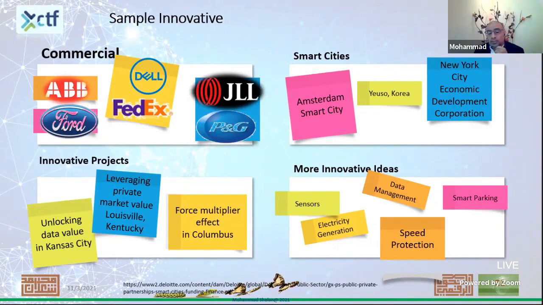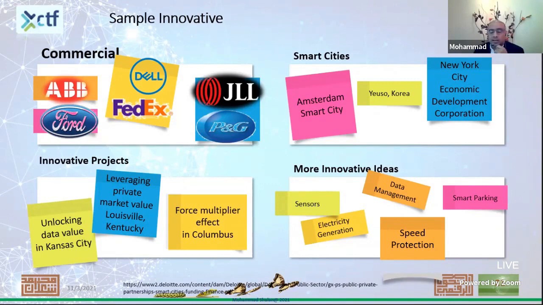We have some samples of smart cities contracts like Amsterdam City, New York City. In Korea also we have some samples. We have another in the US, some samples for data value and how we utilize the data. Additionally, we are talking about private partnerships for some cities to enhance the air quality. We have a lot of activities, and this is coming in every direction, every sensor, every technology. So we can run innovative contracts for every kind of business,